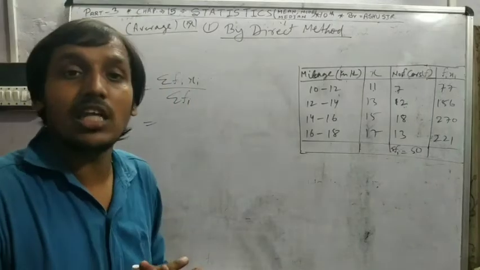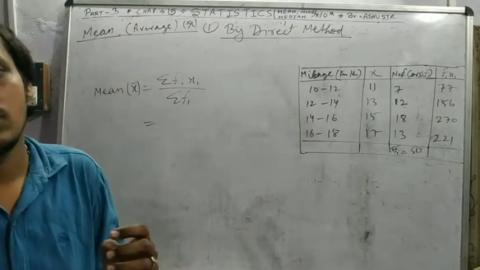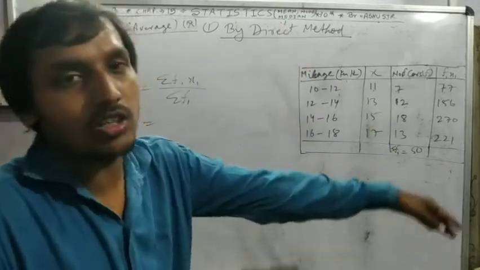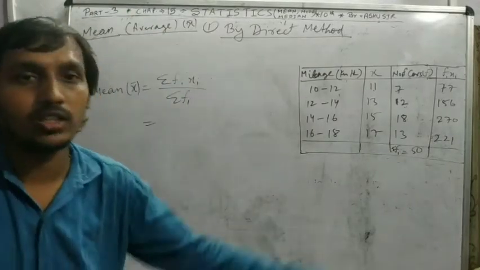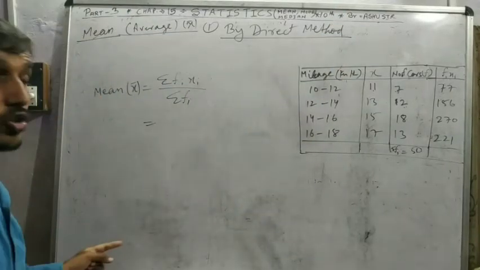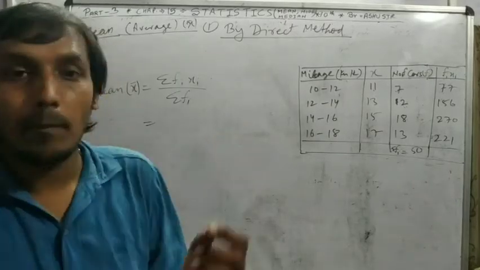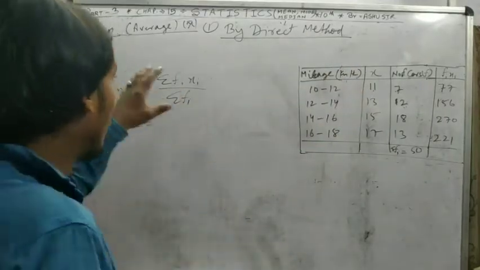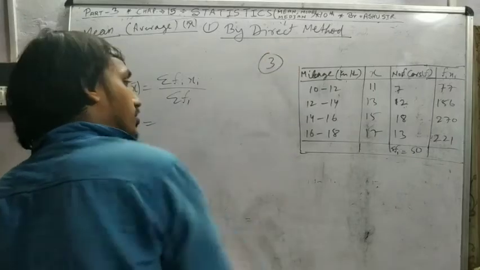In this chapter, calculation is very important, and if you make a silly mistake, the table is wrong, the value is wrong, the answer is wrong, the whole thing is cut. So be sensitive and careful with the multiplication and with finding the data of the table required for the particular question. That is question number 3.